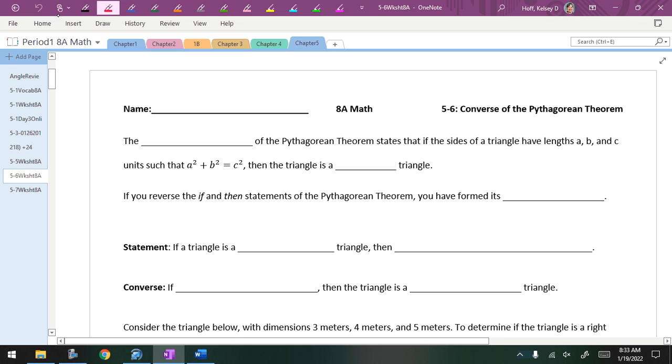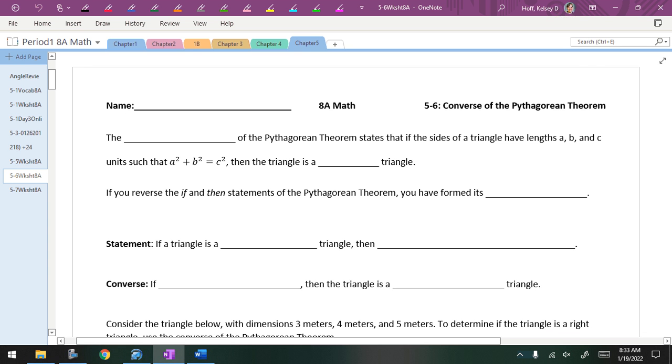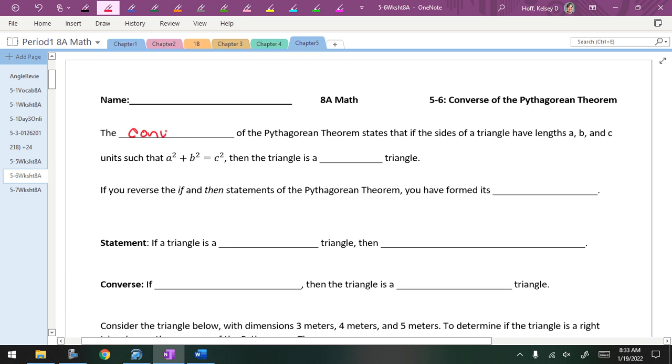All right, here we go. Today we are going to learn the converse of the Pythagorean theorem. Converse, kind of like your shoes, right? Converse,